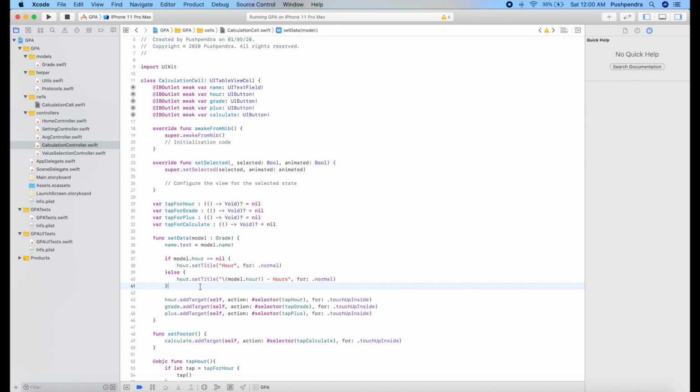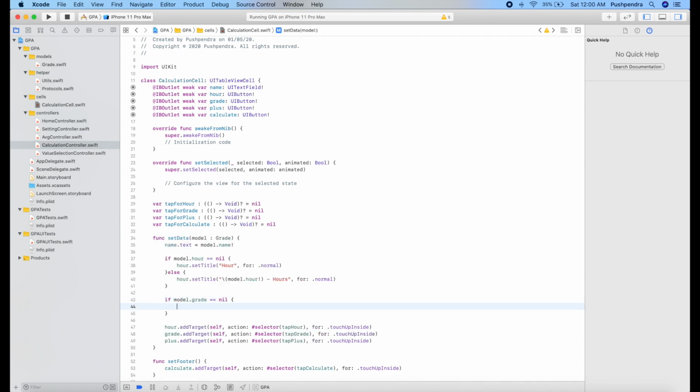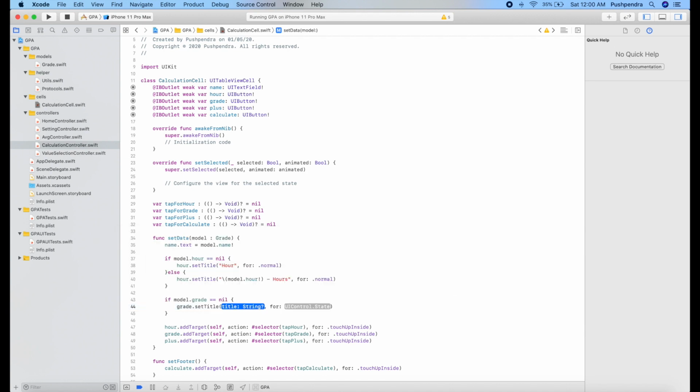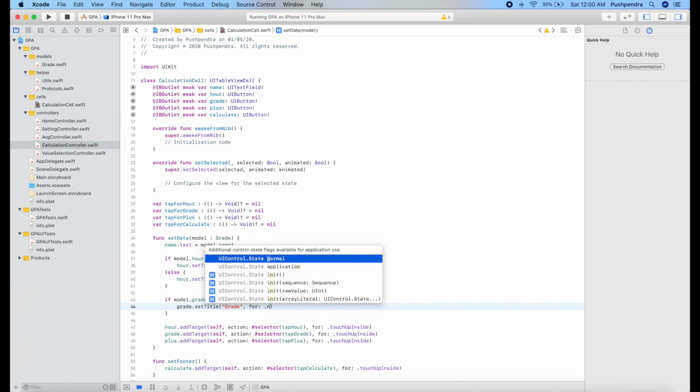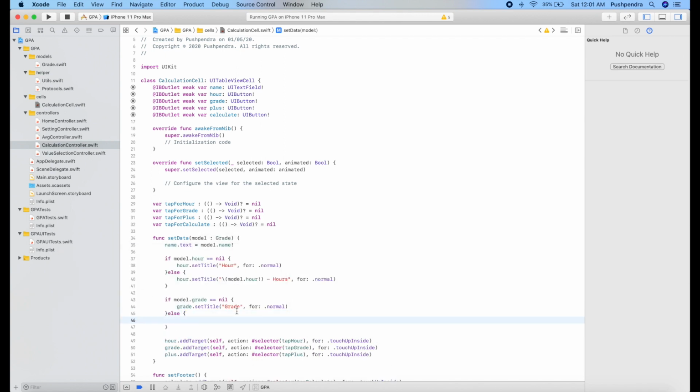Same thing we will validate for grade, okay. If model dot grade double equals to nil, then title will be grade, otherwise title will be appended with grade. Like A plus B grade, A minus B grade, A minus grade, B plus grade, something like that, okay. Now it's done, and here will be grade.